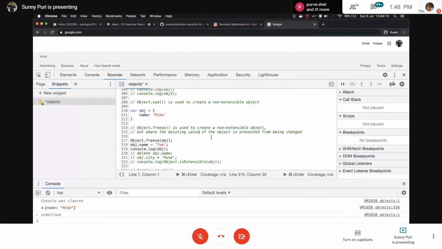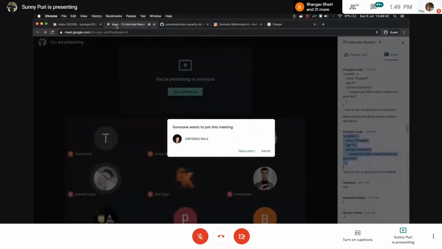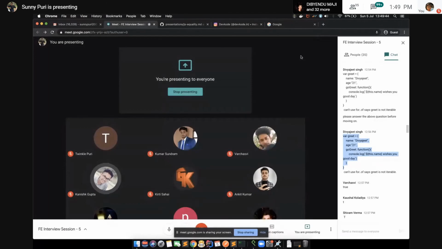Object.freeze is not a constant object. In a constant object, we can change the property; that is different. Just read the docs of let and const. Object.freeze is used to create a non-extensible object. We cannot add or delete any property. Whatever the state is will remain the same, and the existing values of the object are prevented from being changed.